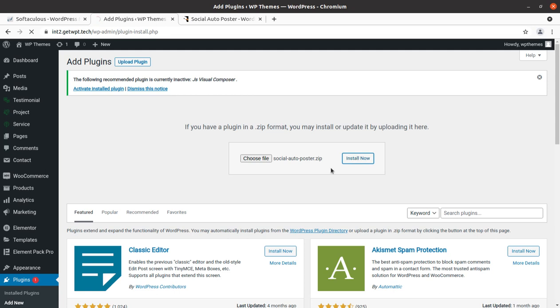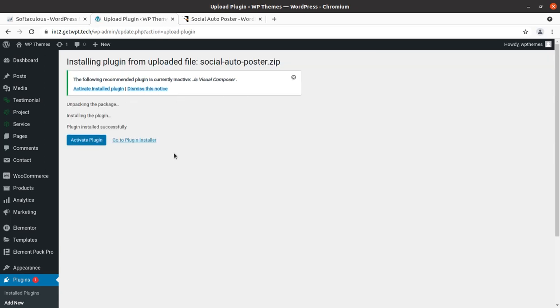It is a useful plugin, of course. However, it can be done through the Jetpack free version as well. So this feature is also available in Jetpack, but scheduling is not available there. So it is coming with scheduling, and now the plugin has been installed and we can activate it.